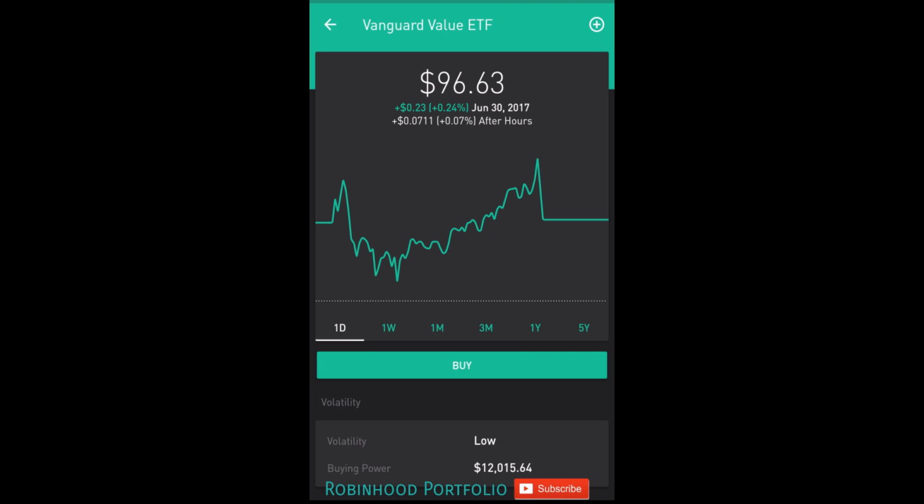So really all you need to buy is one share of the stock each month at a fixed interval, and you are essentially doing dollar cost averaging. The other nice part about this stock is that it is a value ETF. It's essentially investing in companies that are considered value companies. For new investors, a value company is simply a company, typically a blue chip company, that has very solid fundamentals. That means it has very good business operations, but may be priced below its peers in its particular market